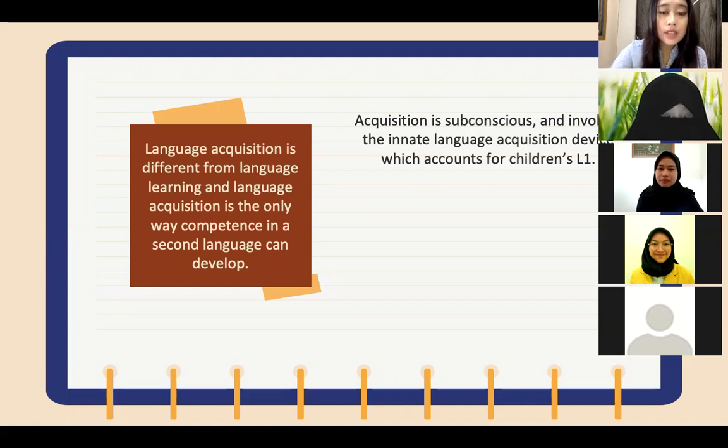The example of the acquired system: 1, needs natural communication in the target language. 2, informal situation. 3, depends on attitude. 4, uses grammatical feel. And the next